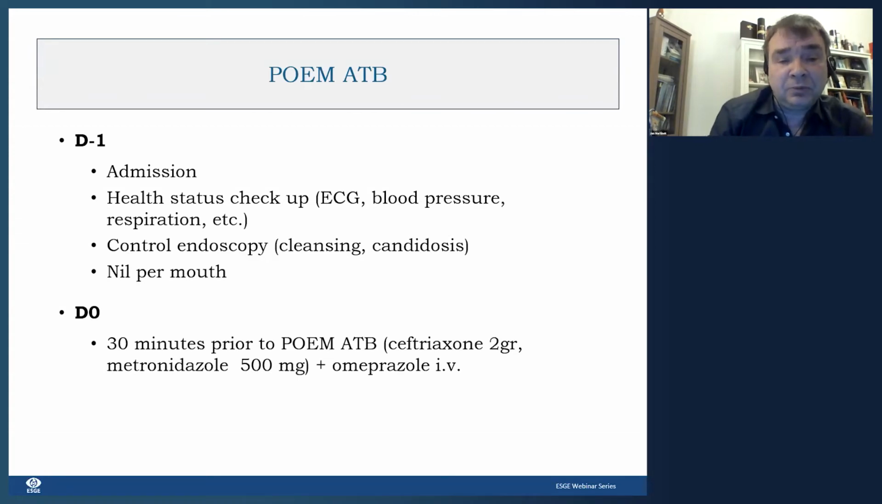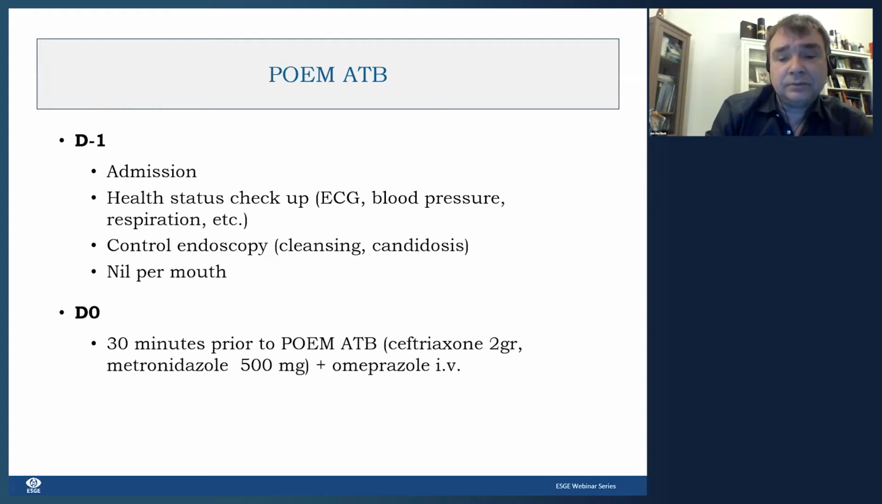We usually perform a control endoscopy. The main aim is to clean the esophagus and to rule out candidosis. If there is candidosis, we administer appropriate treatment. And the patient is kept nil per mouth. On the day of the procedure, 30 minutes prior to POEM, we administered ceftriaxone 2 grams and metronidazole plus omeprazole intravenously. Our guidelines